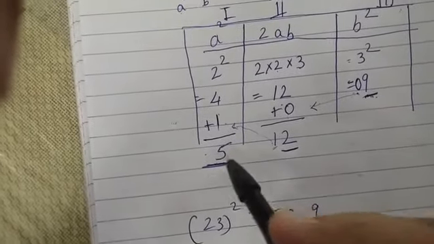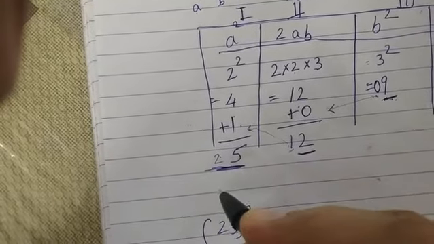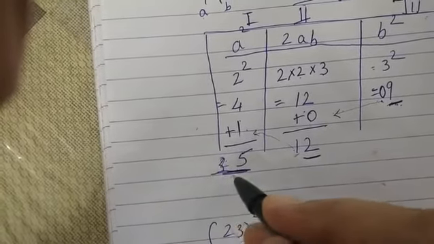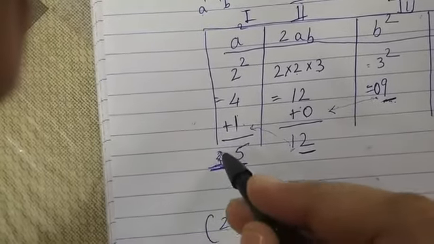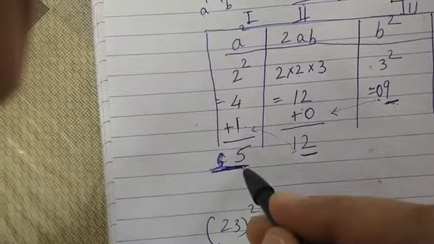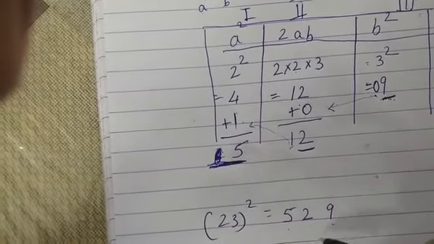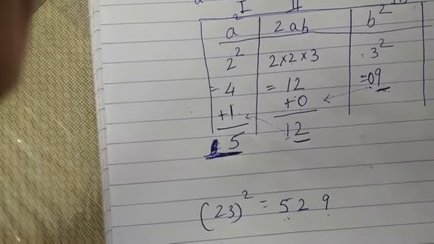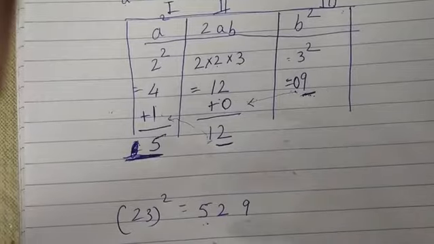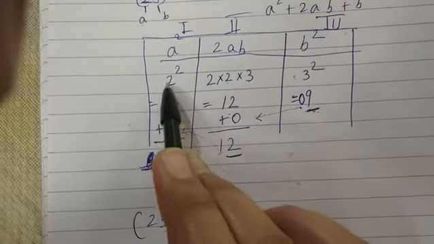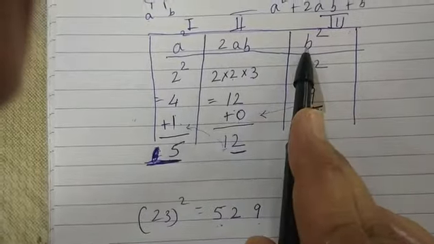Okay, but remember, if it is 25 here, we have to underline 25. If it is 35, we will underline the total number 35. If it is 65, whatever number is there in the first column, that total number we have to take in the answer. This is known as the column method, and the column method is used only for 2-digit numbers. So here we have to remember the formula a square plus 2ab plus b square.